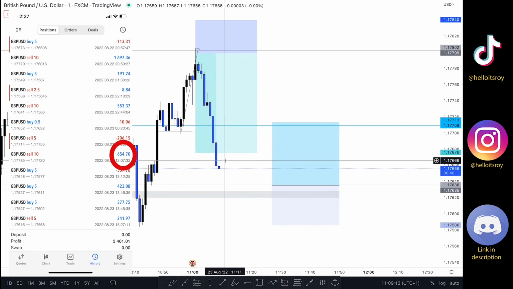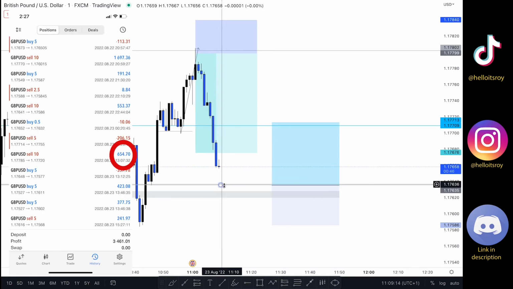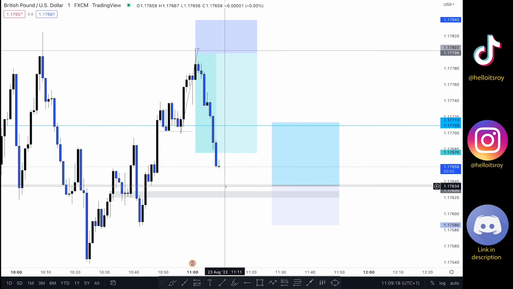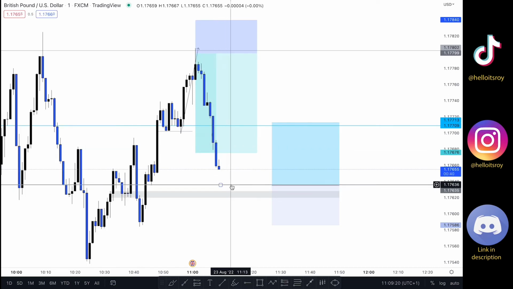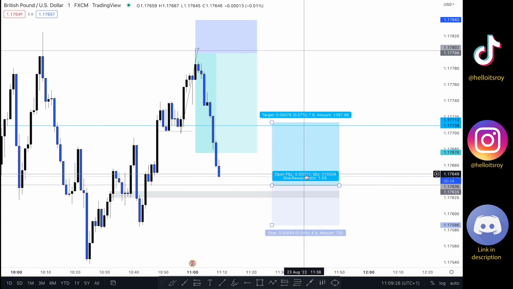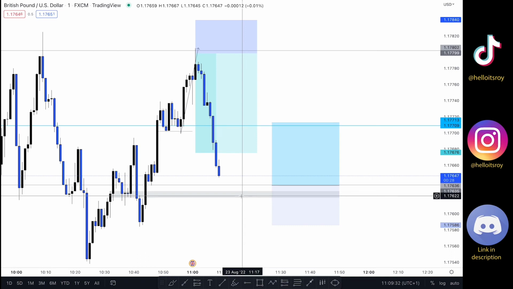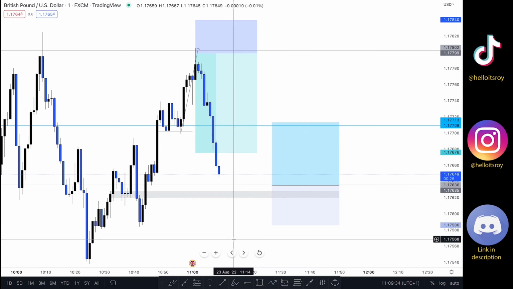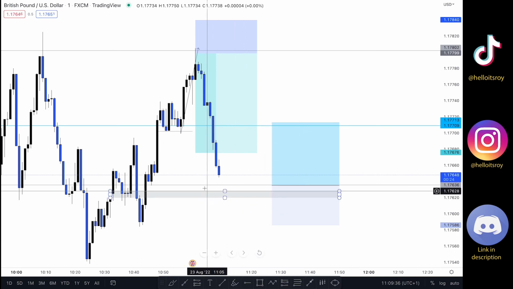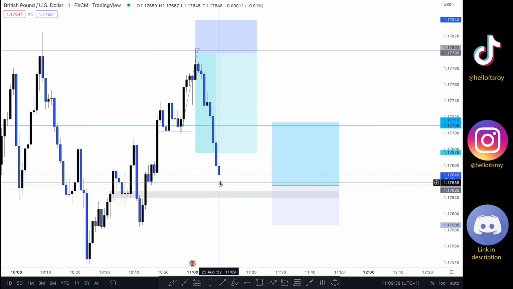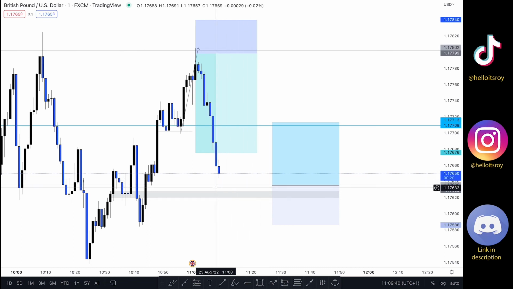Here, profits were grabbed, and now I'm waiting for the market to hit this area right here to see how that goes. If the market hits this area, then this is going to be my last buy for this video, and then I'm going to end the video there. And if the market goes to the upside, looks like it's hitting. My phone is in my hand and I'm waiting to press buy. I didn't put it as a buy limit, I don't know why. So I'm just waiting for the market to hit this area now, and then this will be my last trade.